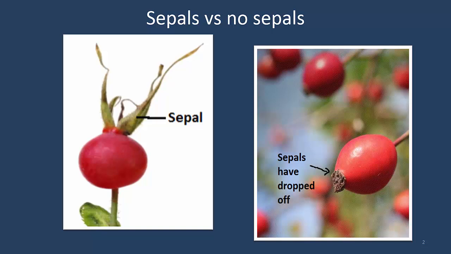Therefore, if you see a rose fruit that does not have sepals during the winter, then it is most likely a non-native rose. However, there are always exceptions, and Rosa gymnocarpa is one of the few native roses in eastern Washington that do not have sepals that stay on during the winter. Another challenge for rose identification is that native roses easily interbreed with non-native roses, so you may need to get an expert to help you when it comes to rose identification.